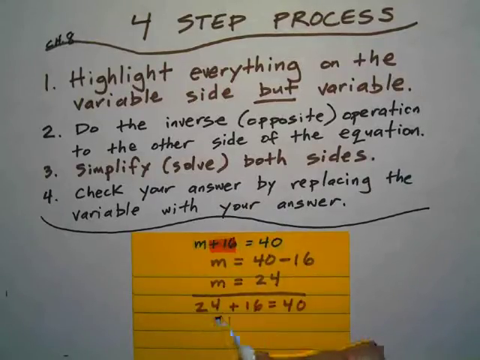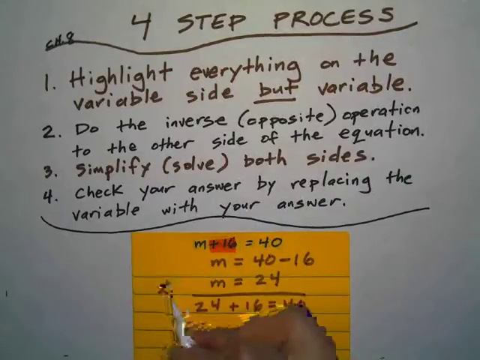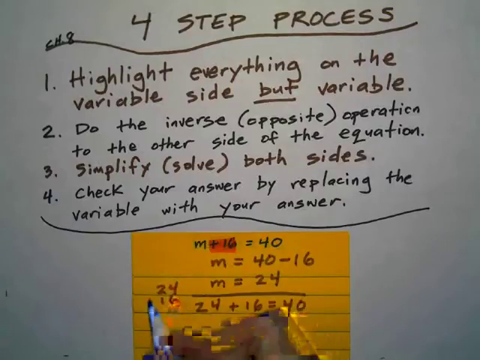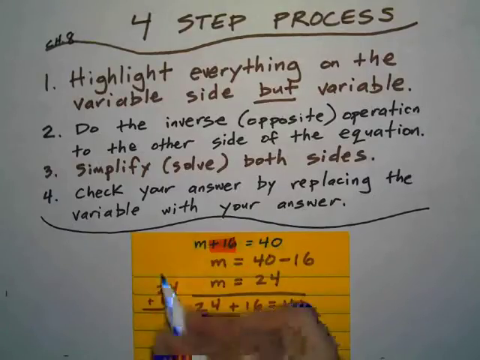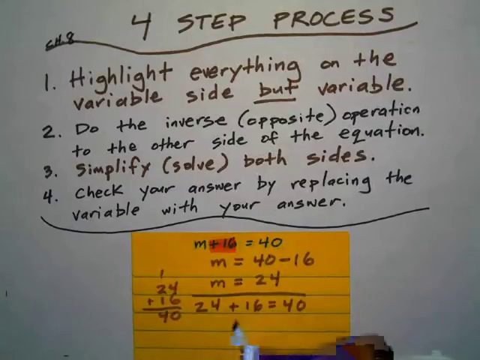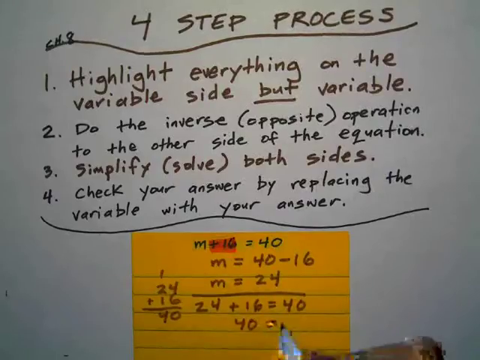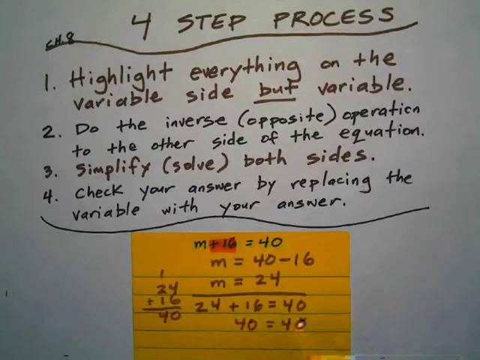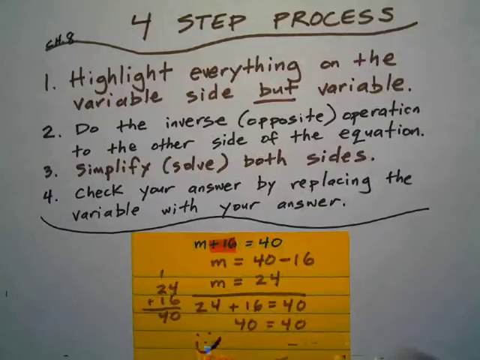And then we know that 24 plus 16, if you want to solve it to the side, is 40. So therefore 40 is equal to 40. Both sides of the equation are equal, and you've done a wonderful job. Let's try another equation